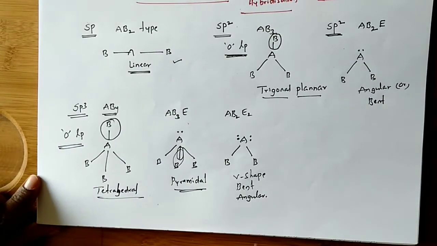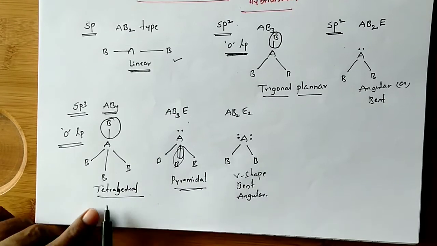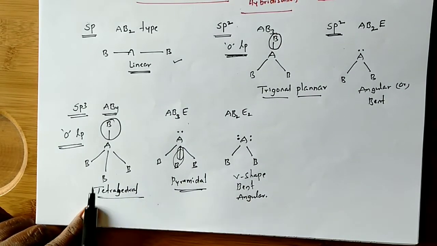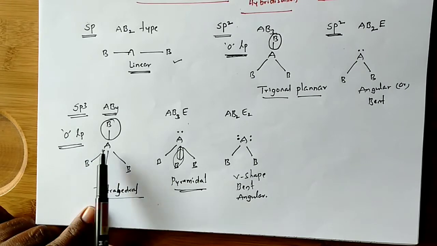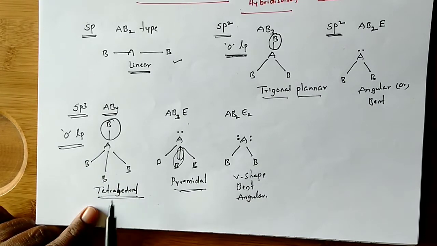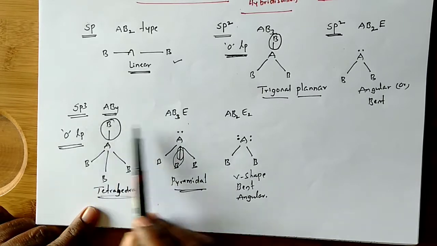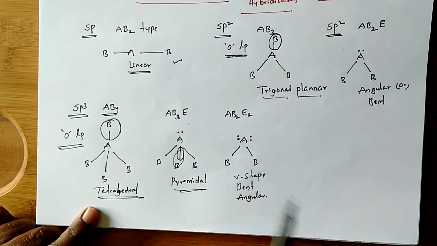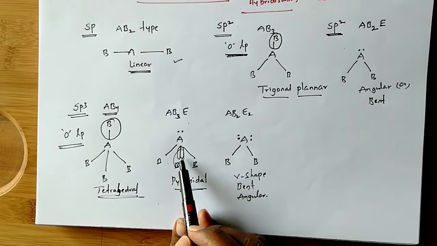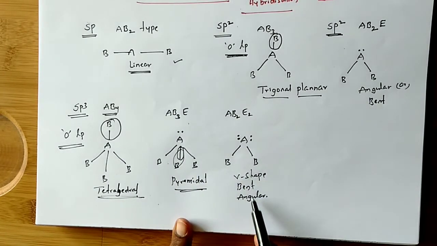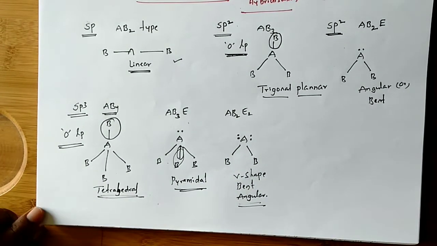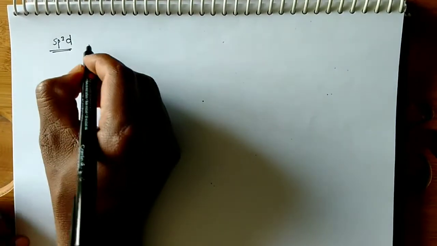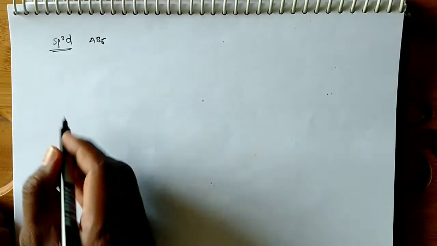Is that clear, all of you? I am just removing one bond from the structure without lone pairs. Now here, without lone pairs, that is tetrahedral, we must remember. After that, if sp3 hybridization has one lone pair, we must remove one bond and keep two electrons. The shape is pyramidal. If two lone pairs, from these three bonds again remove one bond, then it will be V shape or bent shape. Now for sp3d hybridization, that is AB5 type.